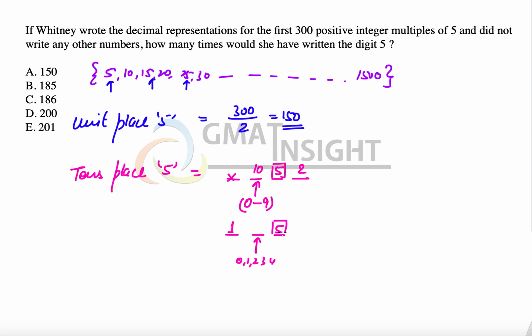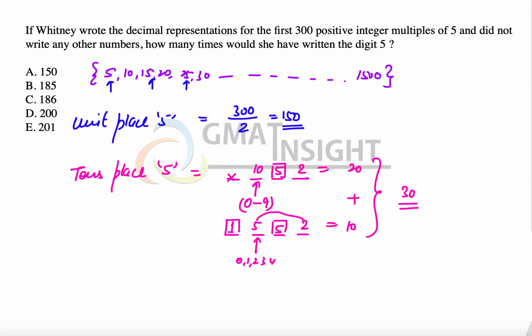So right now we are considering the cases where the tens digit is definitely 5. The leftmost place can be filled in one way, the next place will have 1, 2, 3, 4, 5, so 5 other digits, while the unit place can be filled in two ways. So 5 times 2, we have 10 numbers here, and 10 times 2, we have 20 numbers here. That means the tens digit 5 will be available in 30 numbers in the given range amongst the 300 multiples of 5. So 30 times 5 has been used at the tens place.